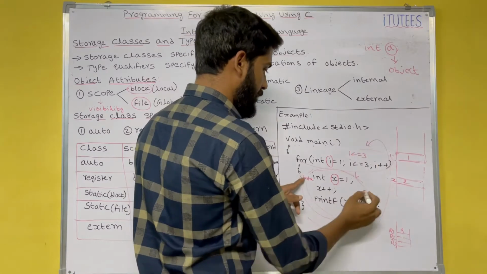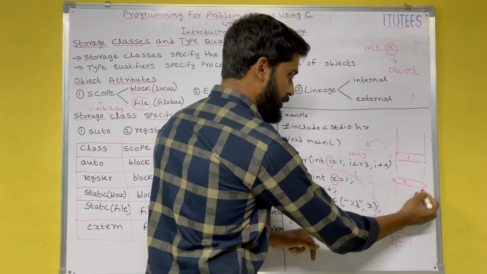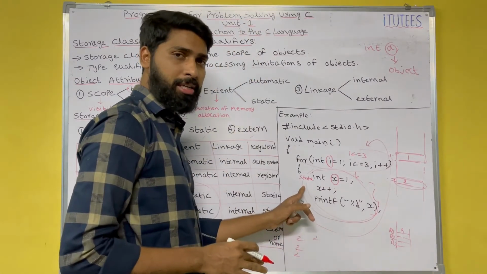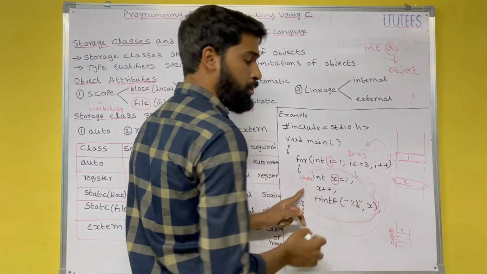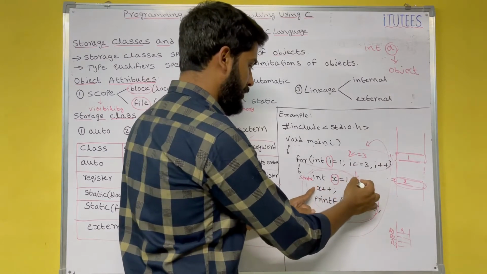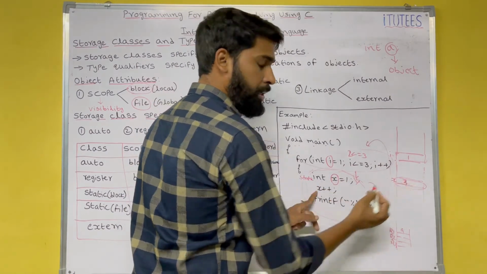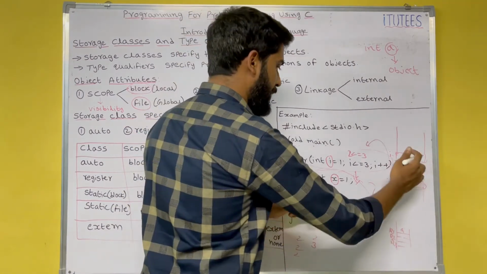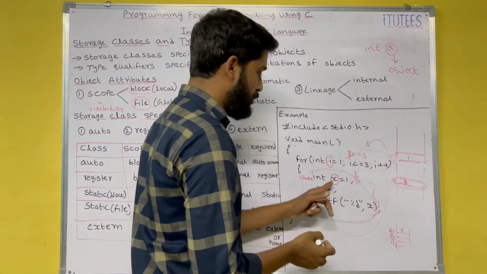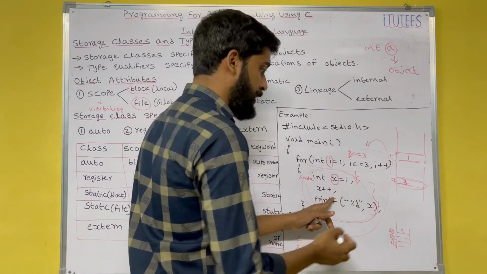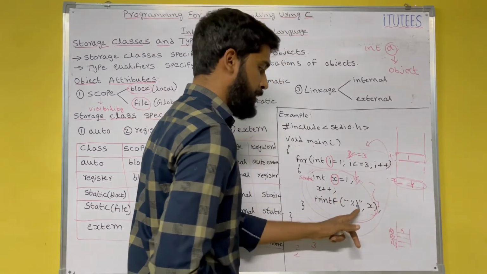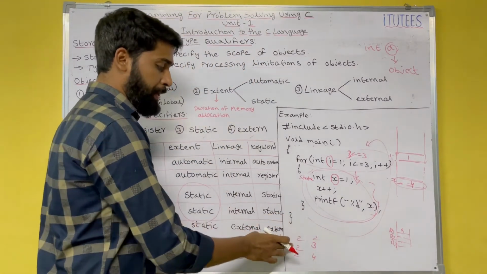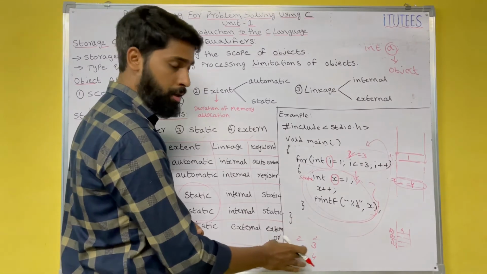Again, it completes the block, but still x remains in the memory. Why? x is declared as static. Again, 2 less than 3, true. Enter into this block, 2 plus 1, it prints 3. Block is over. Again, 3 less than 3, true. x plus 1, it becomes 4, %d prints 4. So the output is 2, 3, 4.